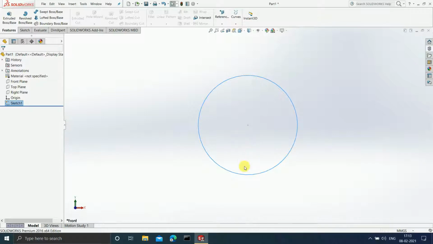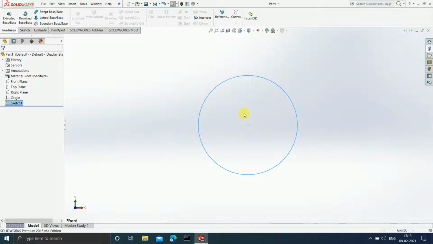For example, this circle: if I increase the diameter of this circle, then can I say that I am extending this circle in the x direction, as well as I can increase the circle in the y direction. So whenever we are sketching in SolidWorks, we have the feasibility to extend our sketch in two directions. That is nothing but the y direction and the x direction in this case.